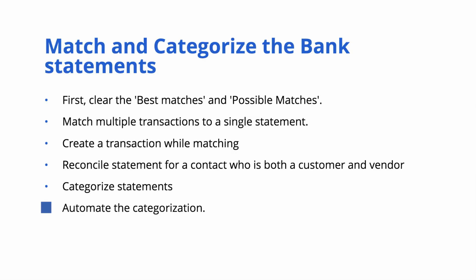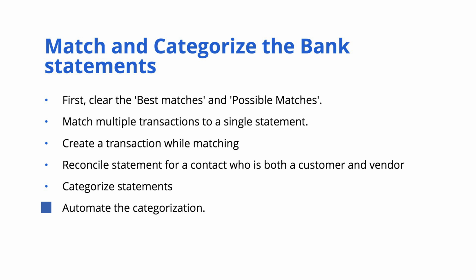We always have certain transactions that are recurring, say an EMI which we pay, monthly rent, or an insurance which we pay. For such repetitive transactions with the same payee and amount, we can set transaction rules to automate the categorization. The transaction rules simplify the manual work of categorizing the bank statements. Based on the criteria specified while setting up the transaction rules, the bank statements would be recognized and could be auto-categorized in a single click.